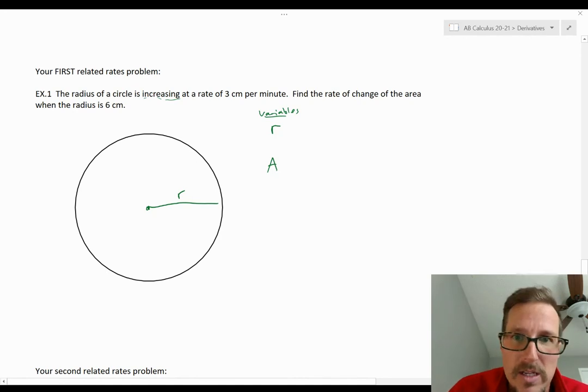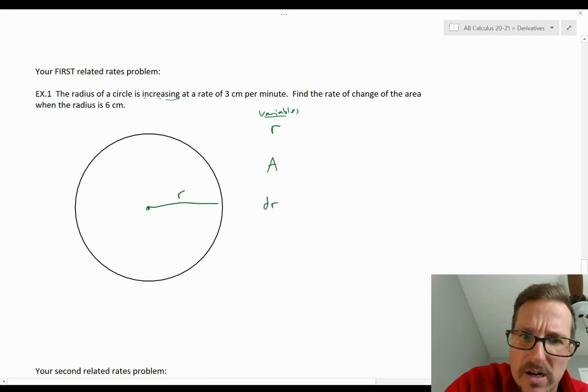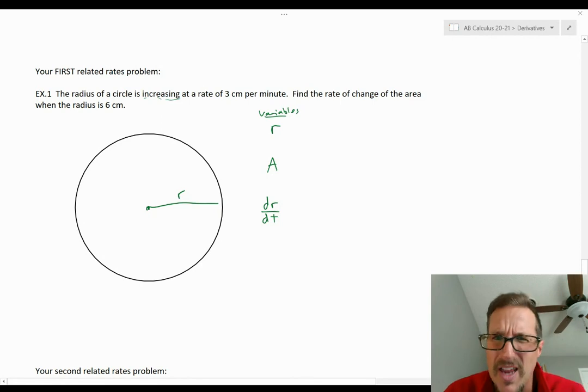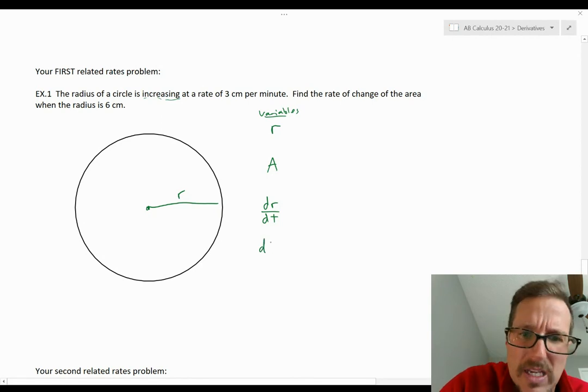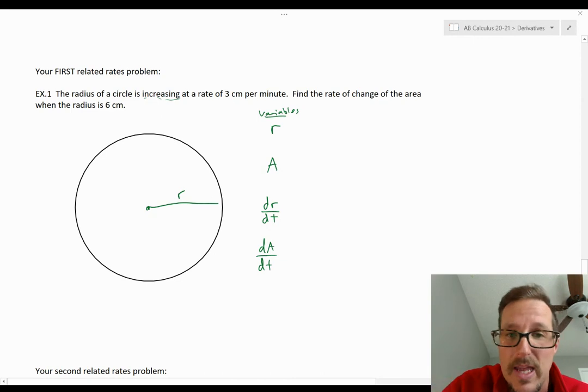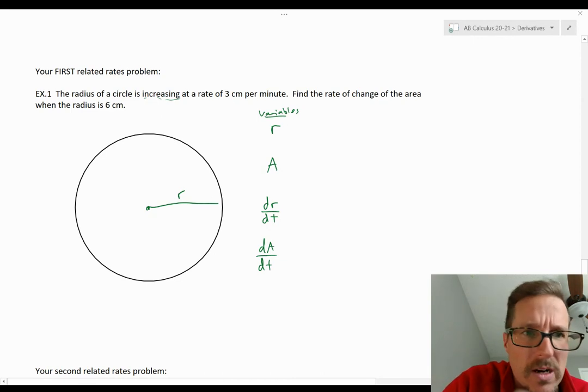So let's see if R changes. What's the rate of change of the radius? Wouldn't that be dr/dt? If the radius changes, doesn't the area change as well? So that would be dA/dt. We've got a lot of things going on here, R and A. We're told that R is increasing at a rate of 3 centimeters per